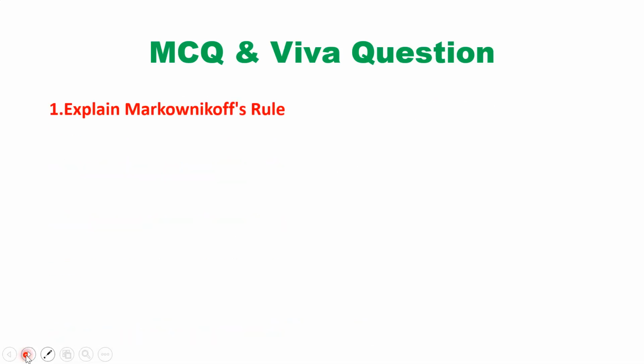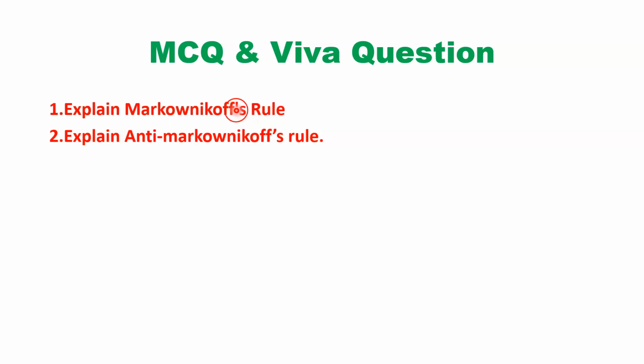Now, what are the possible MCQs and viva questions? Like, explain the Markovnikov rule: where the hydrogen goes and where the halogen part goes, whether it goes to the negative or to the positive part. I have explained it. After that, the anti-Markovnikov rule. Again, anti-Markovnikov is opposite to Markovnikov. In an MCQ the question might be about starting from a symmetric alkene or an asymmetric alkene. Always remember it is an asymmetric alkene in both cases, and the only difference is where the hydrogen attaches and where the halide ion attaches.